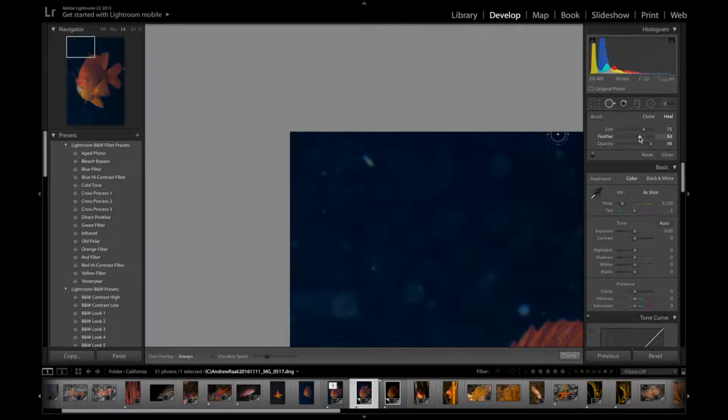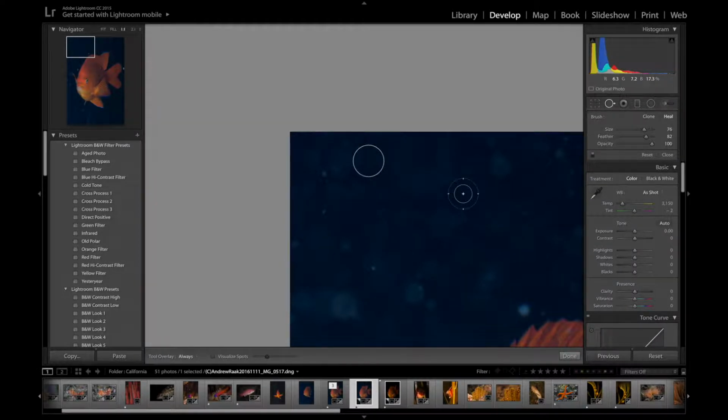Well, I like to hide a lot of those spots when they do show up, so I increase that feathering option just so it will blend the surrounding pixels and make that spot disappear. The opacity is simply the strength at which your spot is healed or cloned. So if you click on that and you move the slider bar left, you can see the spot comes back. So we want to get rid of the spot, so I leave my opacity nice and high. Now, what the spot removal tool does is it simply grabs pixels from elsewhere in the screen. You can manually move this cursor to find pixels that better fit your replacement and hit enter, and boom, you